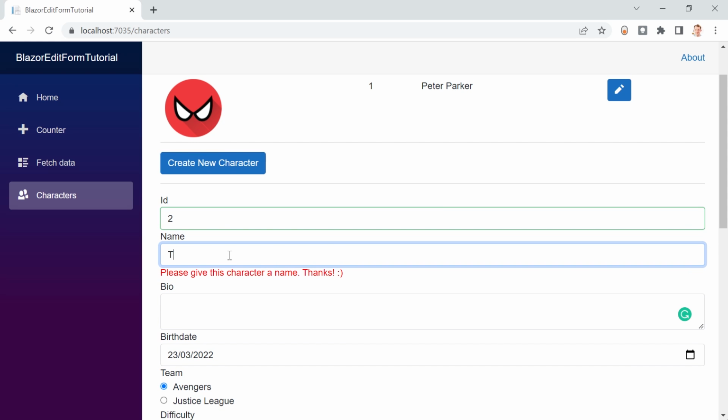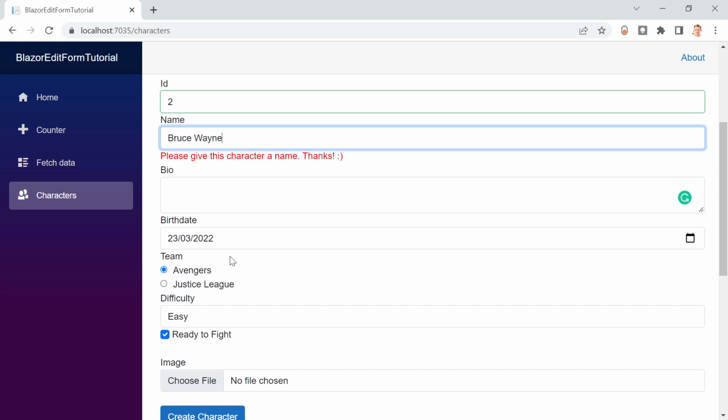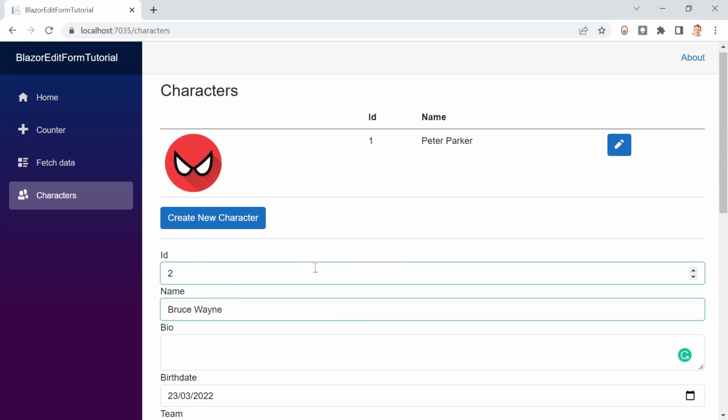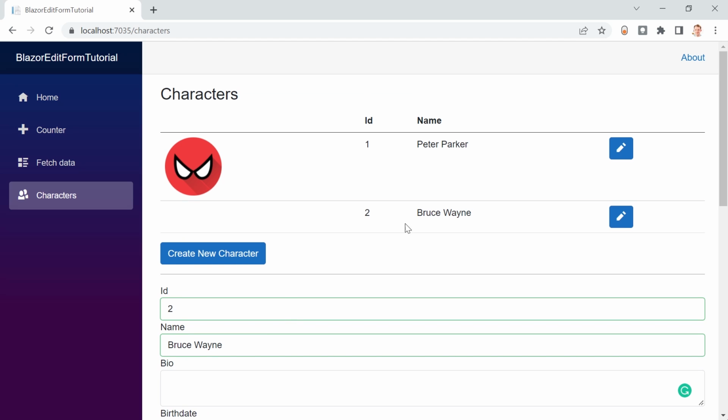So this time maybe, or again Bruce Wayne. Why not? I like this guy. So Bruce Wayne it is. Create the character, and now it worked. Okay, so this is the edit form now